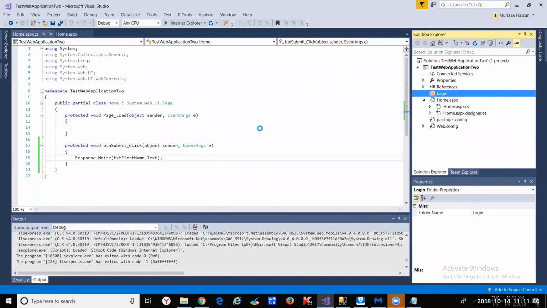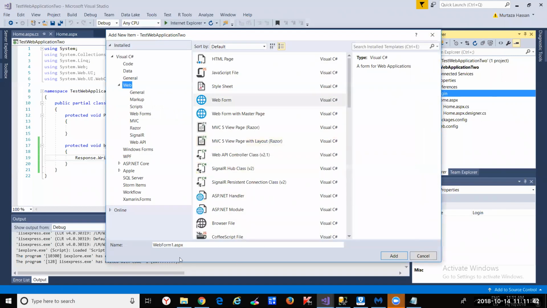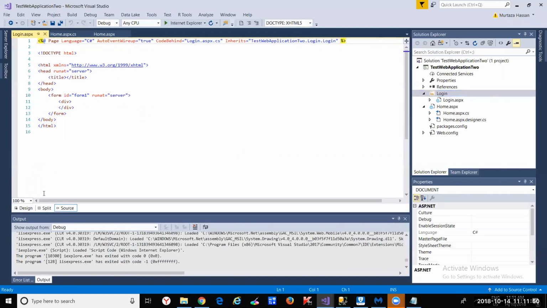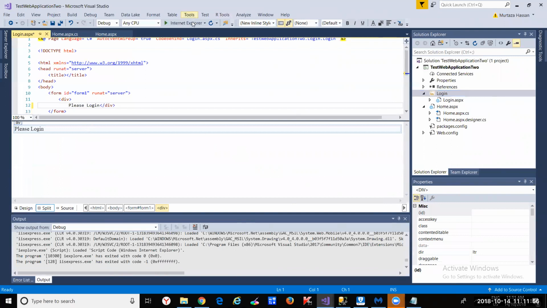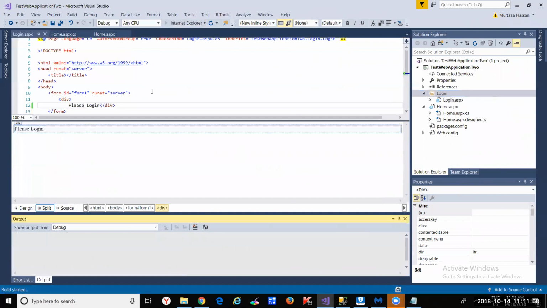So if you go add new item, call this here login.aspx, right? And we'll just go here, please login. And if you start up the web page,